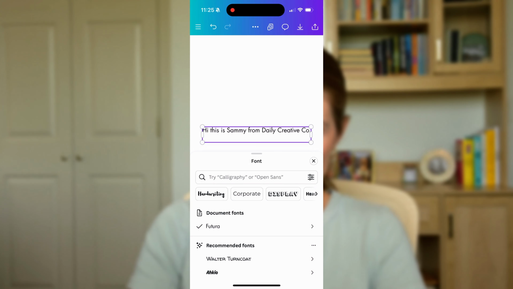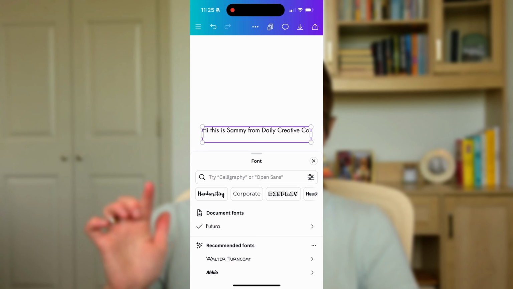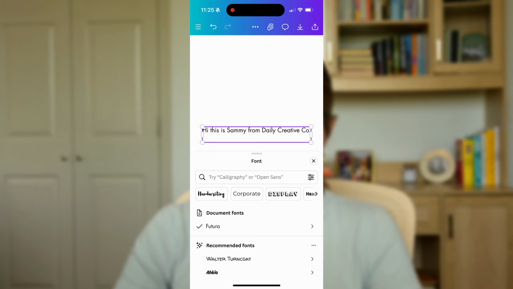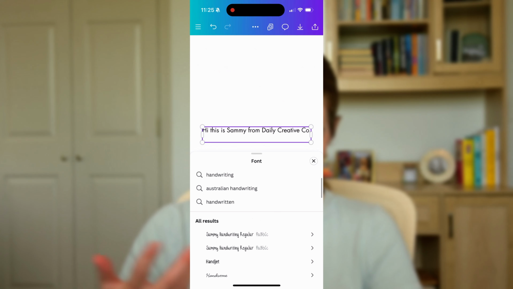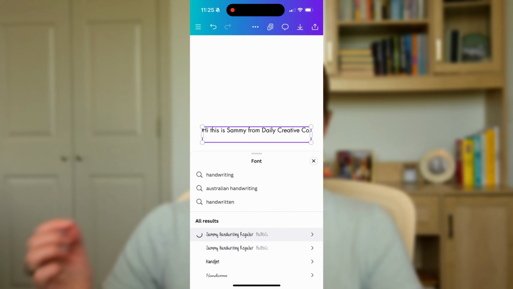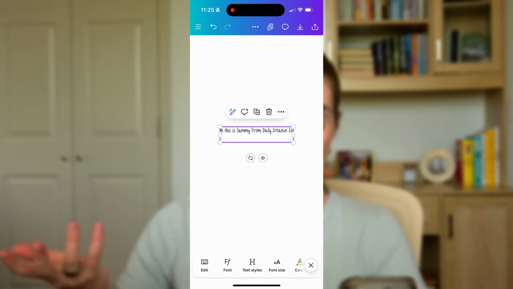I want to be able to search for my own font. So I'm going to click that little caret that brings it up even more, and I'm going to type in Sammy handwriting. Perfect. Now I have 2 of them here because I uploaded it twice, but I just click on that and there you go. Now my text box is in my new font that I just uploaded, which happens to be my own handwriting,